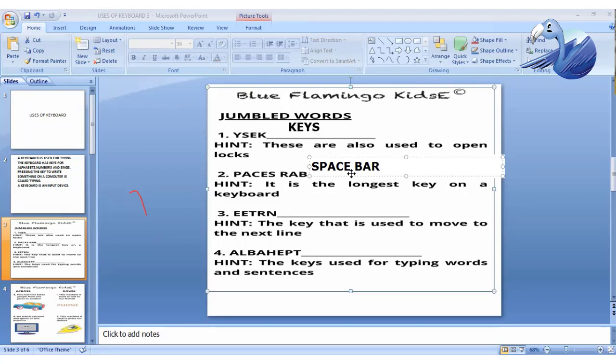Can you see it on the keyboard, students? Enter is written over there. Very good. That key we use to move to the next line. Let's write enter.